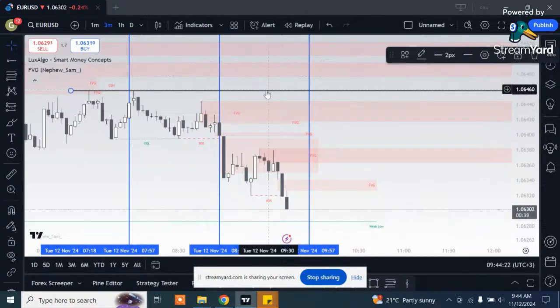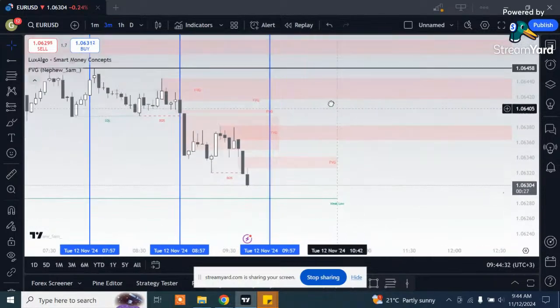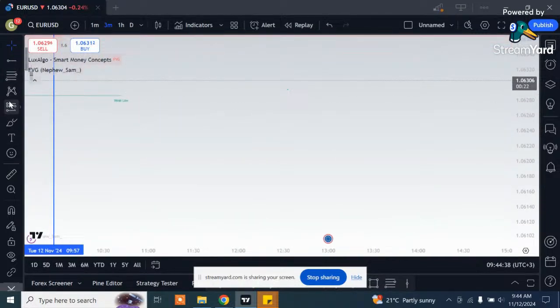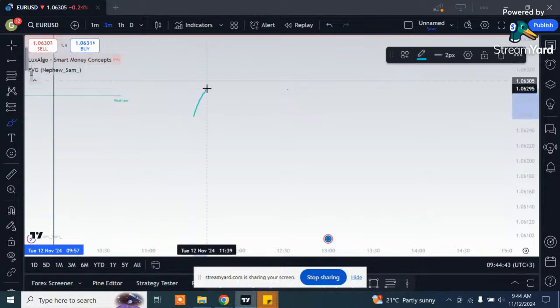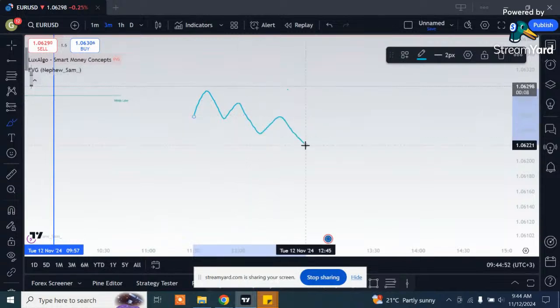Basically I'm waiting for price to come take out this level right here. As I earlier explained, if you're just joining us right now, basically how the strategy works is we want to see the structure on the 1 hour time frame showing a clear direction. Maybe it is making lower highs and lower lows,